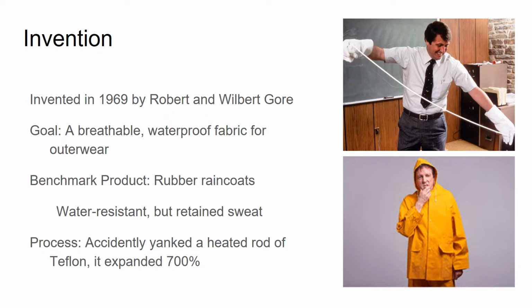Before Gore-Tex, the industry standard for waterproof technology were rubber raincoats. While these were great at keeping water out, they were also great at trapping water in, making that sweat accumulate inside people's clothing. The discovery of Gore-Tex was an accident, but its improvement over the years has been the result